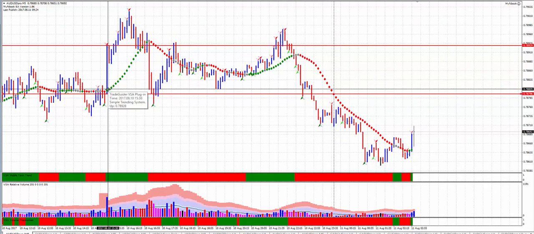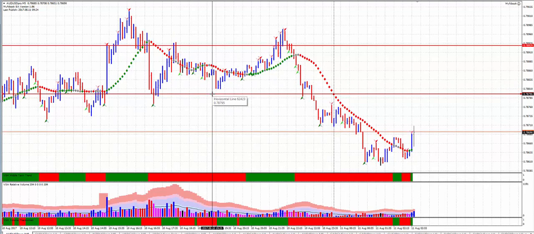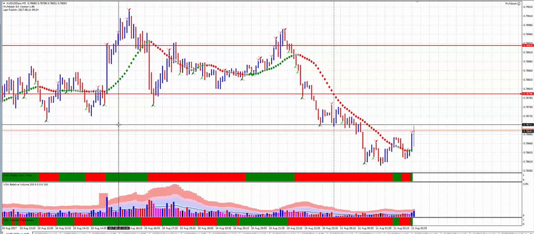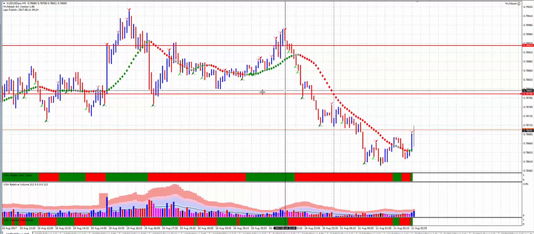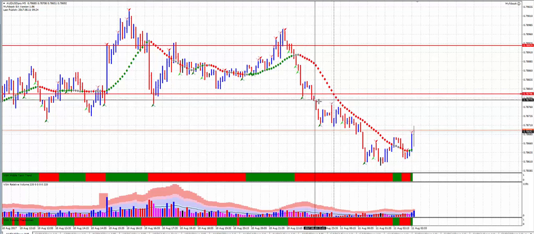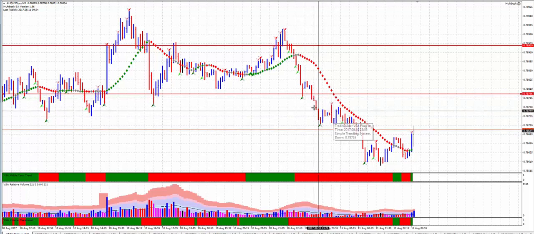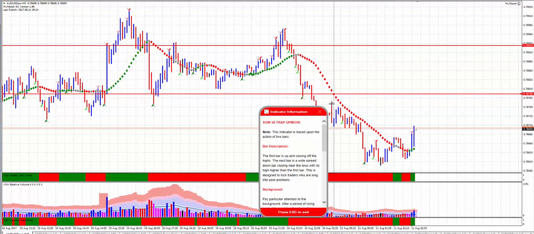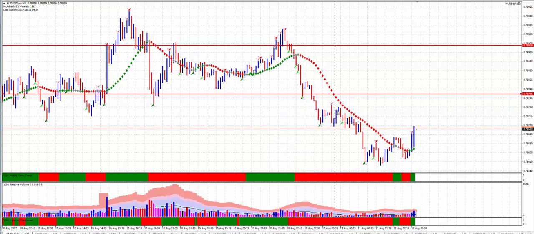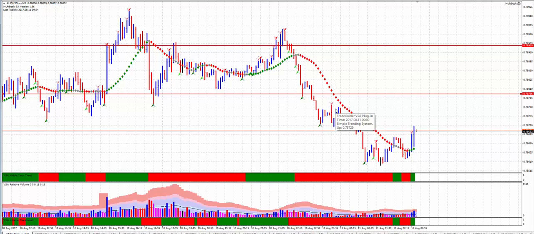So we saw here the price breakdown beneath our lower trigger level here at around about the 78.80 level. Okay, so what we look for are signs of weakness below this level. Okay, so we do get a sign of weakness here. This is a trap up move, which wasn't confirmed, but it's still weakness. And as you can see, the Aussie has dropped even further from this principle. Okay, so at this stage, we are seeing weakness in the Aussie.